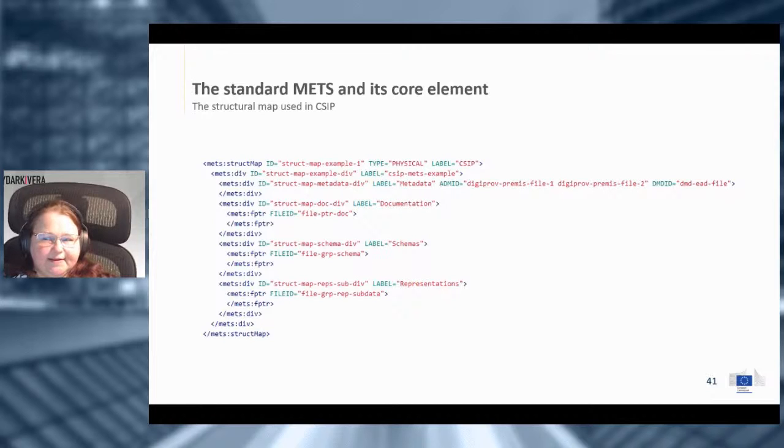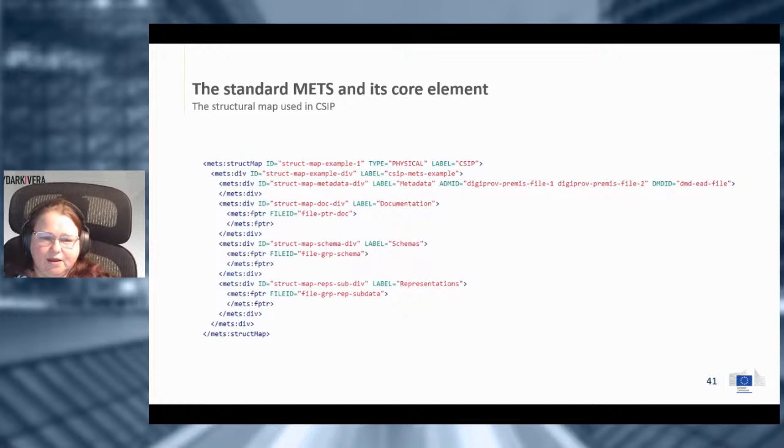So we point to the metadata section. We have a division for the documentation. As you remember or are fully aware, when we get a transfer to an archive especially, we need to have some documentation about the information that is coming. So that is grouped into the documentation. We have one division for the schemas. So when XML schemas are coming, we want them to be placed in the schema folder. And you can have one or more schemas, but they should follow along with the information.